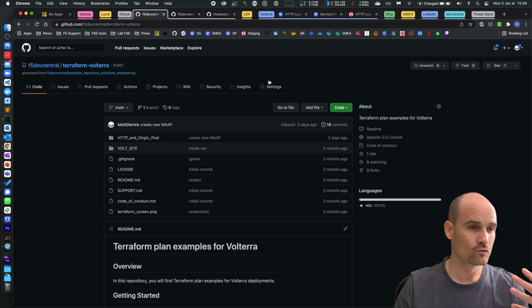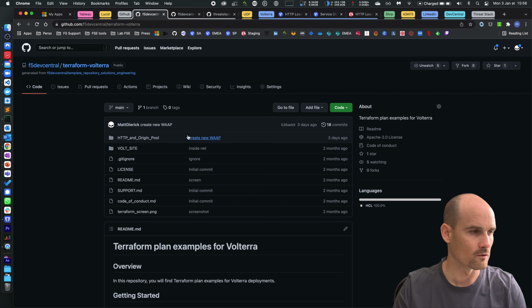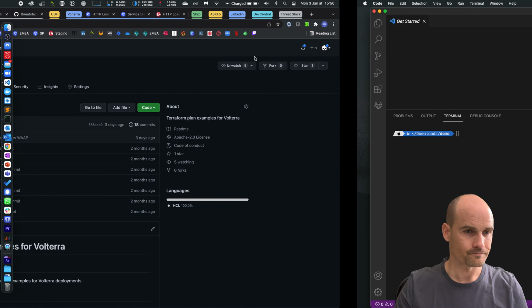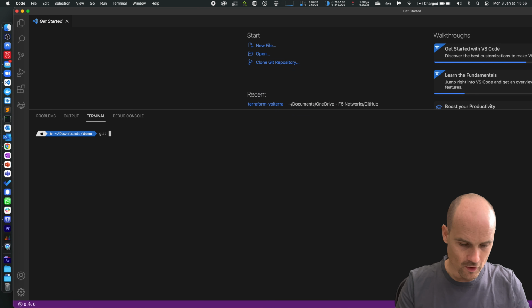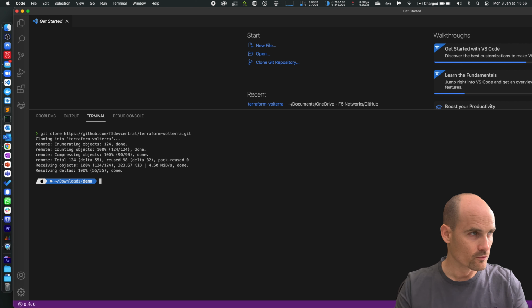So the first thing to do is to clone this repo. In the repo, we're going to have several examples, but I'm going to use only one. First of all, clone the repo on your laptop. Use your favorite editor. I use Visual Code.